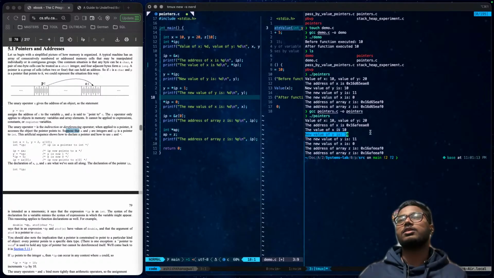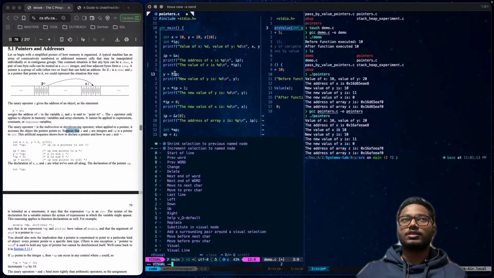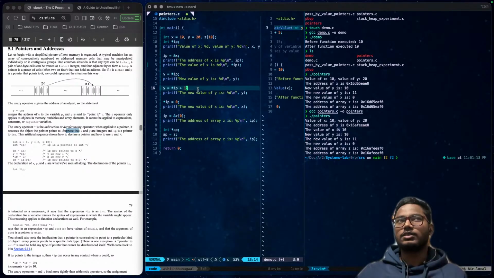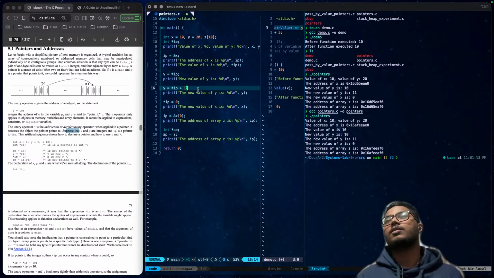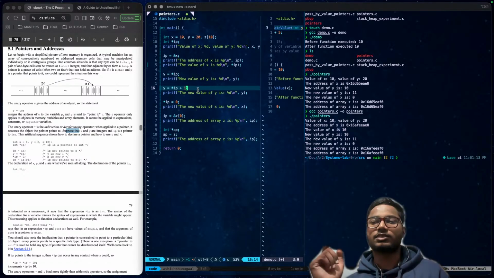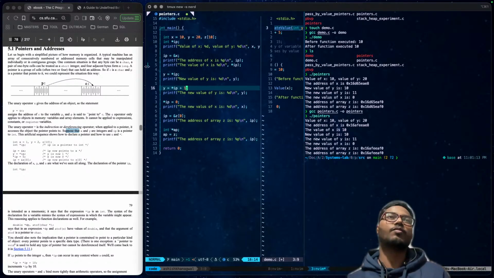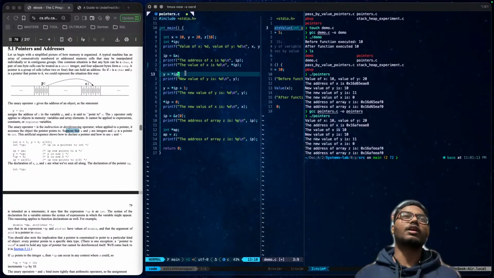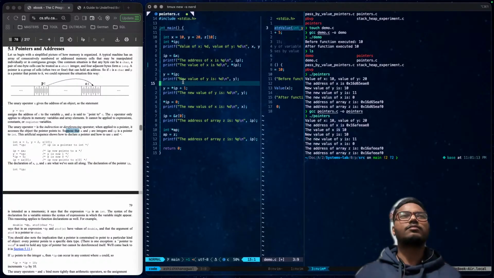Why did it happen? Because this star ip is nothing but the value of our variable x. This is the real value. This stores the value of x, so we are just assigning the value of x to y.